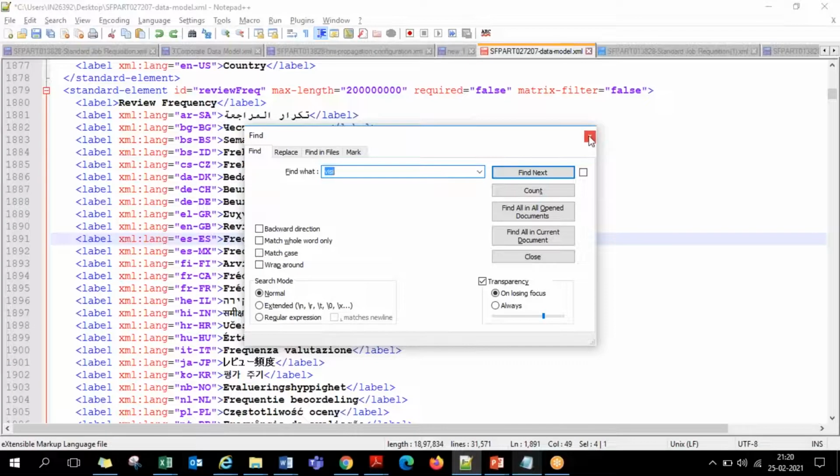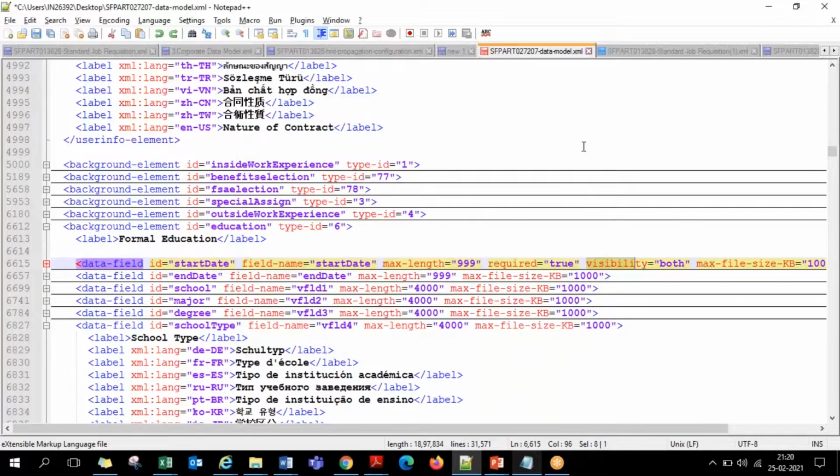Visibility basically controls whether the field has to be visible on the front end or not, and if it is visible, whether it should be editable or non-editable. So if it's none, the field is not visible. If it's view, the field will be visible but in read-only mode.